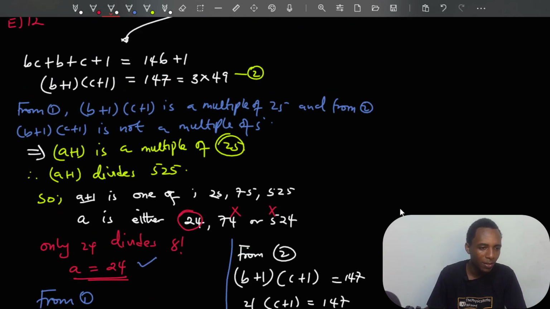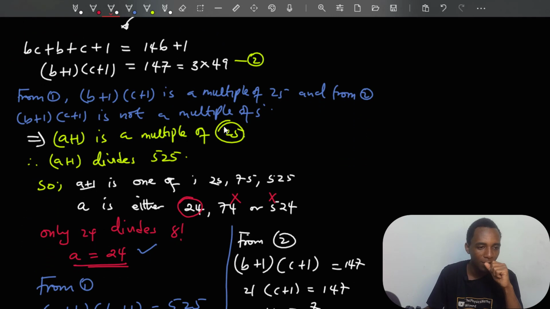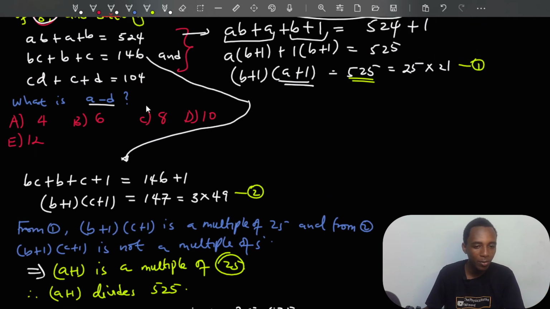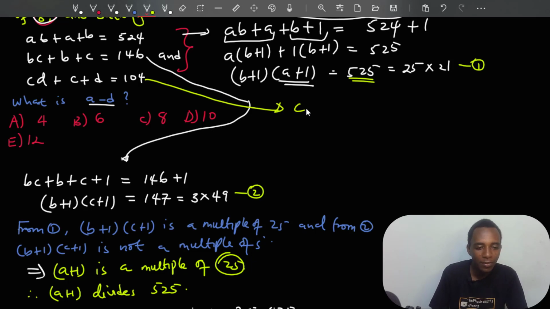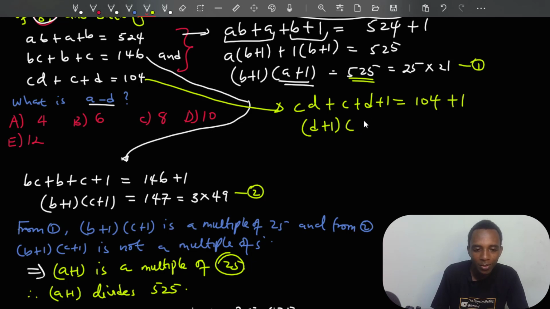What's left? We have to find D, because the problem is to find A minus D. Okay, so I'll come now to the third equation here. Yeah, I know my work is disorganized. Just bear with me. So we have CD plus C plus D equals 104. I add 1 on both sides, like we've been doing. So if I factorize this, I'll have D plus 1 into C plus 1